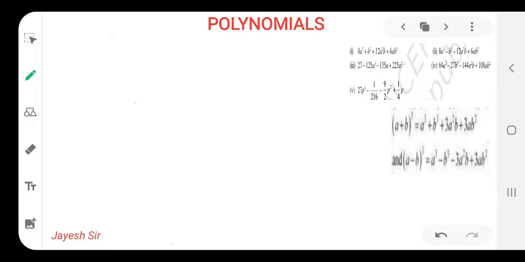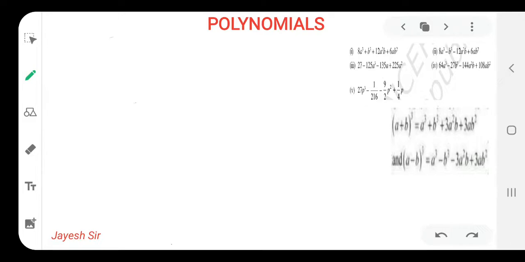Now what we are going to do, friends, the first sum is given over here: 8a cube plus b cube plus 12a square b plus 6ab square. Yes friends, the two formulas we are going to use over here are these two formulas I have written in advance for your convenience so that you can solve it properly. You don't need to think or put pressure on your mind, because it is a practice session only. It is not an exam, because after practicing only you will be able to understand and learn it properly.